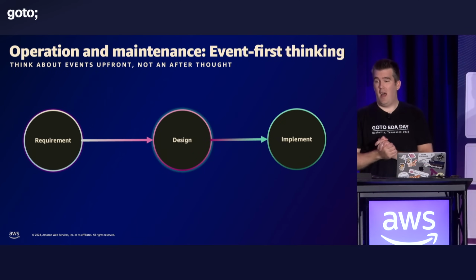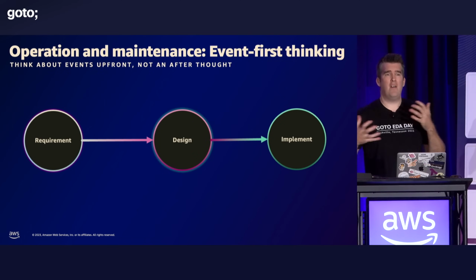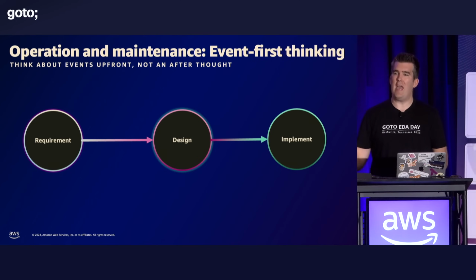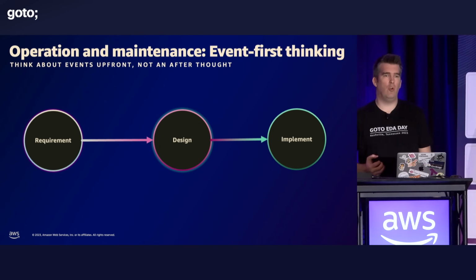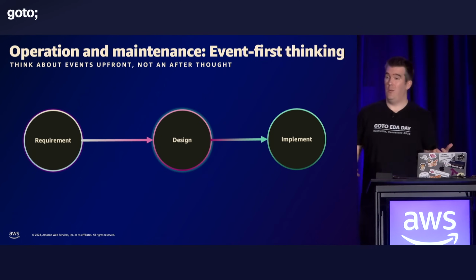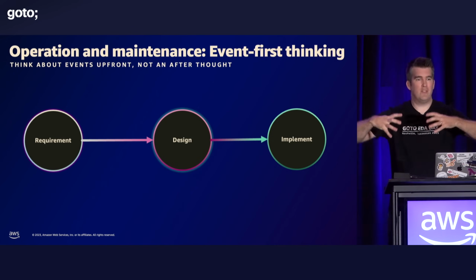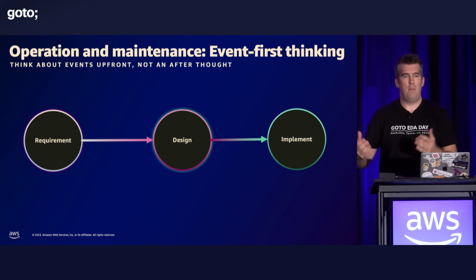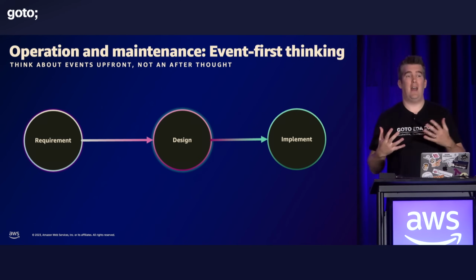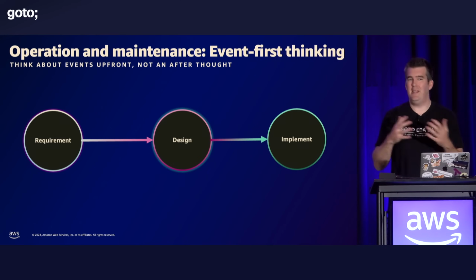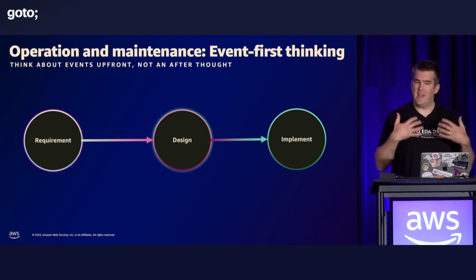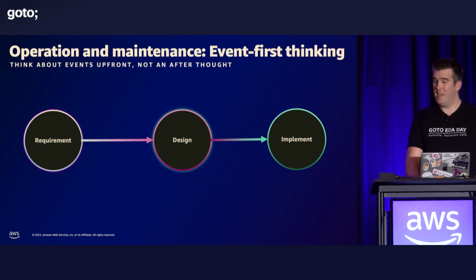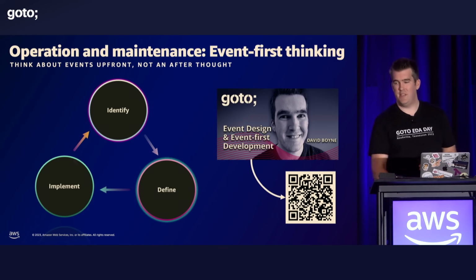Another thing here is what I like to think of as event-first thinking. Think about your API contracts, your APIs in your organization. We love APIs. We nurture them. We have specs for them. We have tools for them. We just love to version them. Everything about APIs, right? But when it comes to events and designs and contracts, it's completely different. And that means changing the way we think about event-driven solutions.